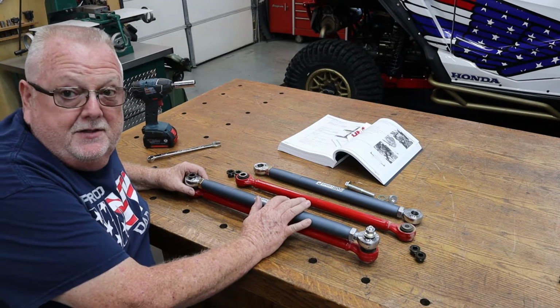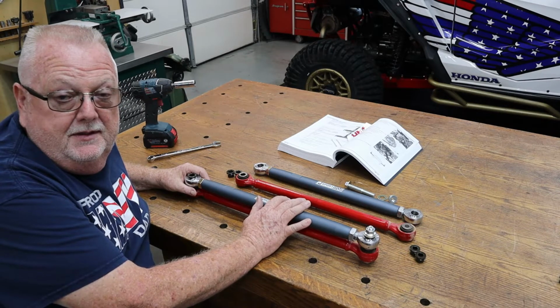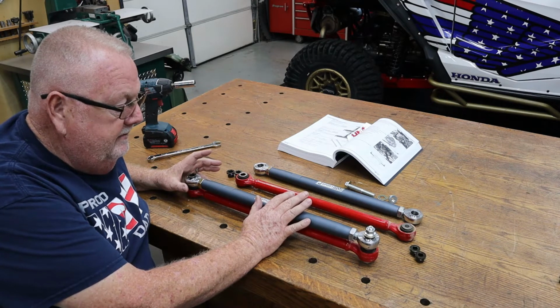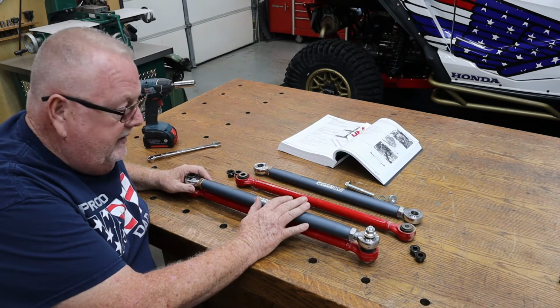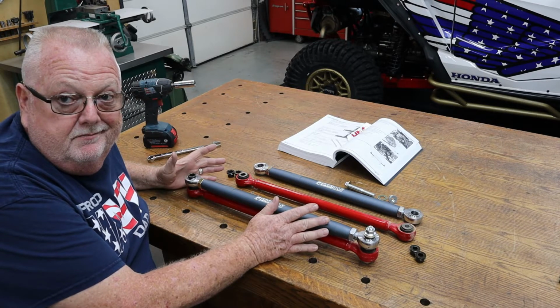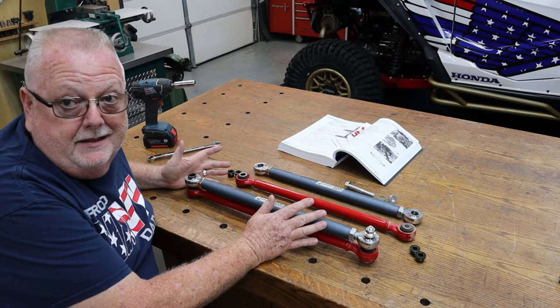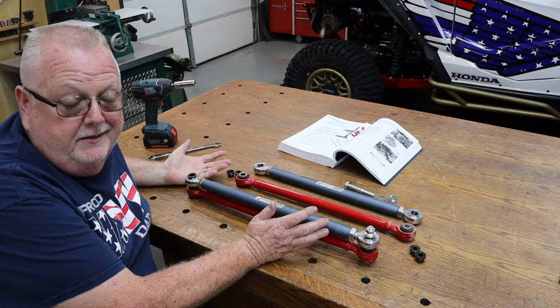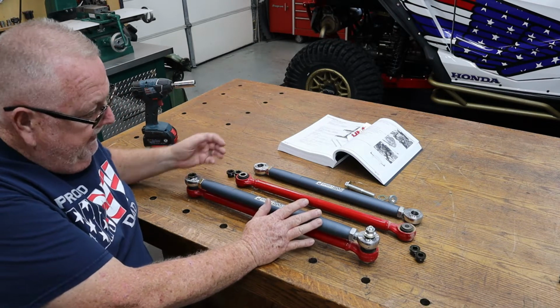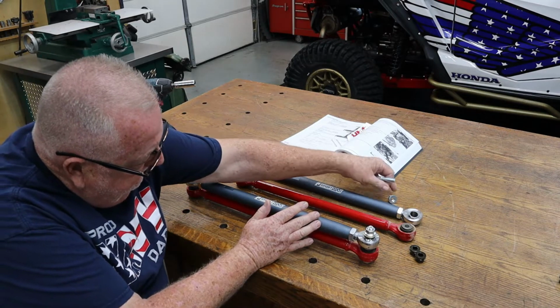As I said before, these are completely adjustable, so you need to set them. They're two different lengths like we talked about already. This is the way that I've done it, and again, I say this all the time, but it's just the way I did it. Maybe there's a better way, different way, whatever, it's just the way I did it. But the easiest way that I've found to do it, or the simplest way that I've found to do it, is